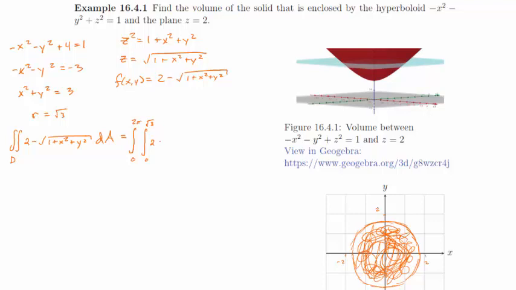And then we plug in for x and y, we want r cosine of theta, r squared cosine squared of theta, plus r squared sine squared of theta, and dr, oh, don't forget my r dr,